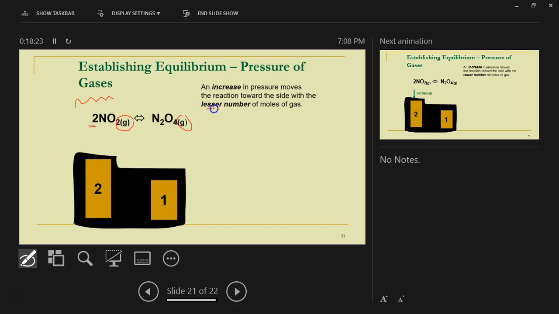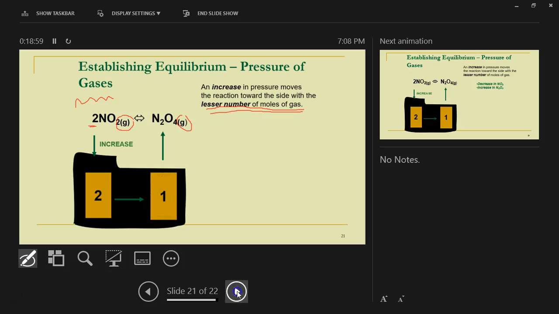Because for gases, you have to know which side of the equation has the lesser number of moles. So if you have an increase in pressure, the reaction is going to shift towards the side with the lesser number of moles of gas, okay? Because it's going to want to expand and be to the place where there is less moles of gas. So it's going to shift to the right in favor here of the